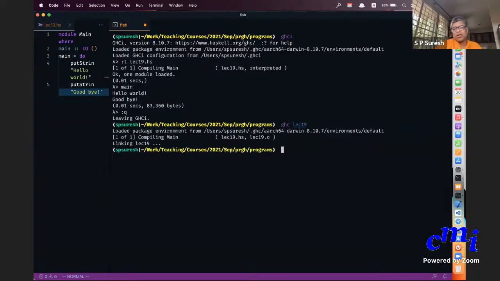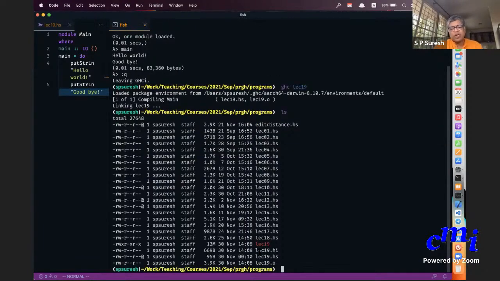You can see that it produces some responses, and it produces 3 files, as you can see here: lect19.hi, lect19.o, and lect19, in red color. And can you see this line, I have highlighted it in some lighter color. So can you read the thing on the leftmost? This rwx, r-x, r-x. You can all see it, right?